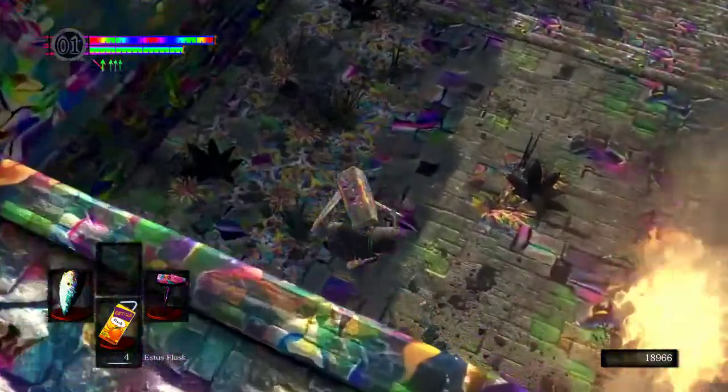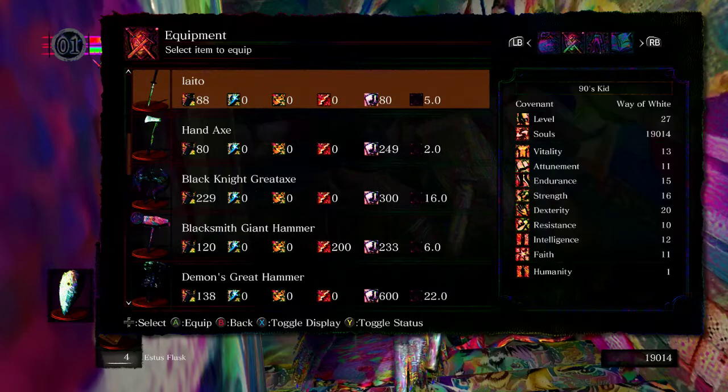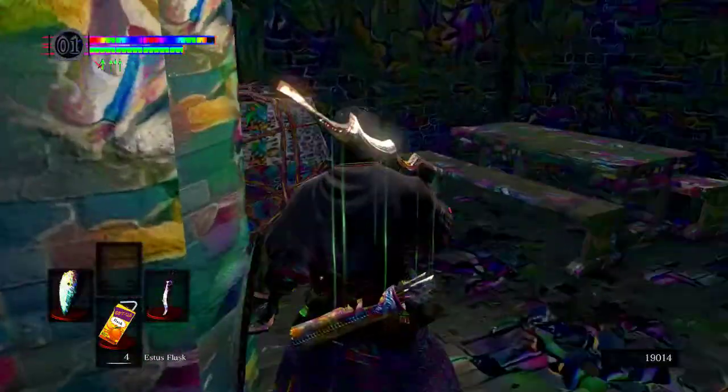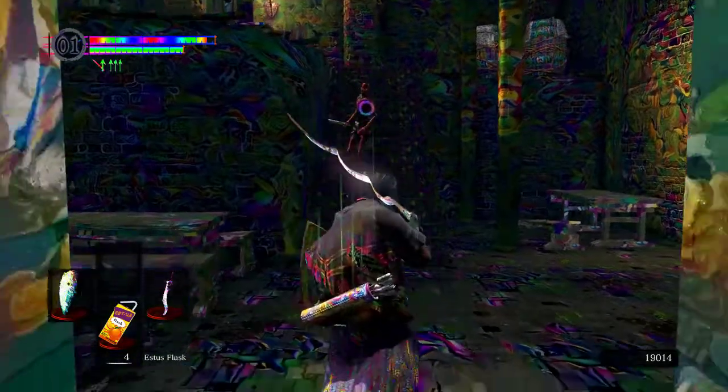Hey, one of the hollows came upstairs. That's funny. That's kind of hilarious. Hey, you. Okay. So the hammer is kind of overkill for all these guys. So let's go ahead and switch back to Flamberge because it's faster. Hey, where'd all your friends go? Well, actually, I know where they went, but...